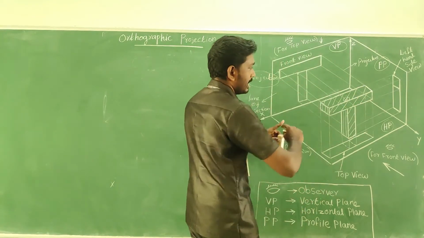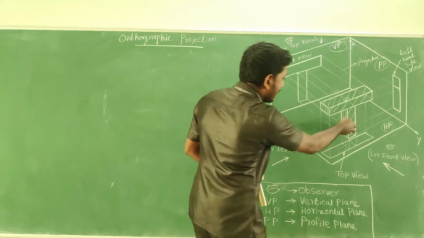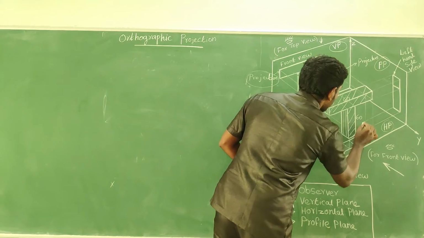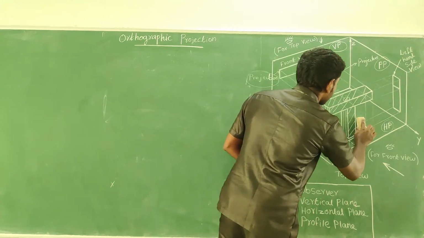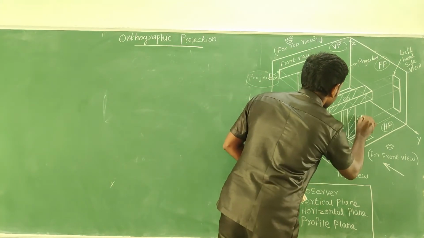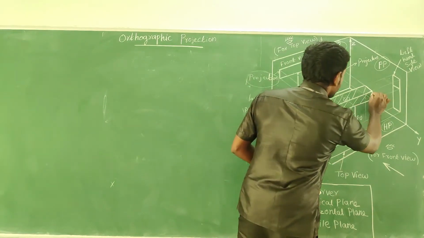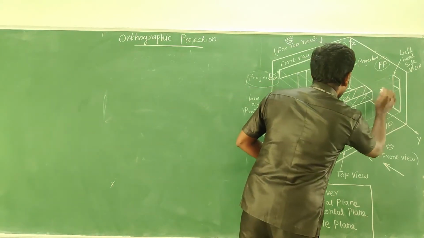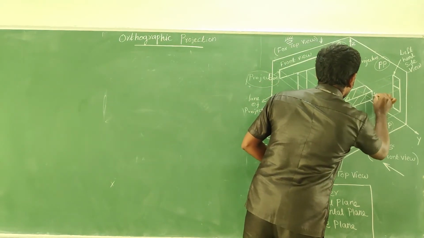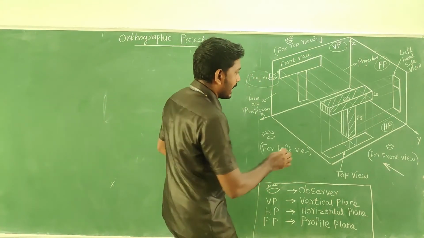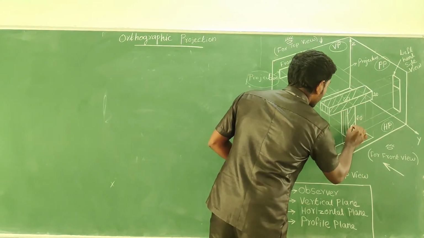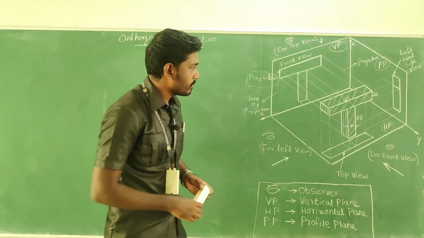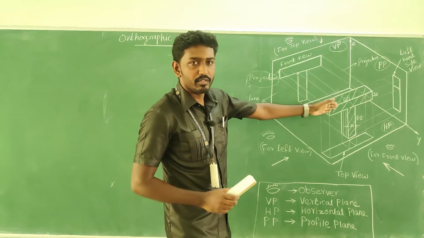60. Okay, length is 60, and height of this T you can take as 80, right? And the height of this rib, that T, we can take it as 20. And the width of this as well, I'm going to take as 20. So this is the exact measurement for the T section.